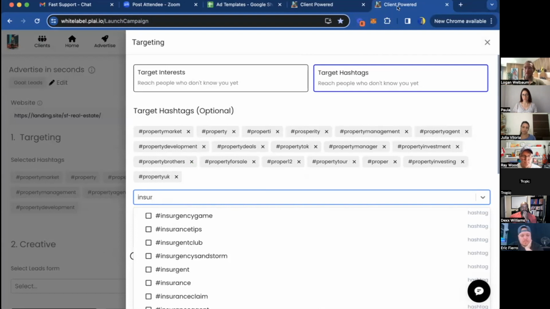Let me pull this screen up right here. So this one down at the bottom, insurance agent. Maybe you just want to reach people who have engaged, not people interested in insurance, but people who are actually insurance agents, maybe giving them best practices and things. So hashtag targeting is going to be the best for TikTok if you want to use it.